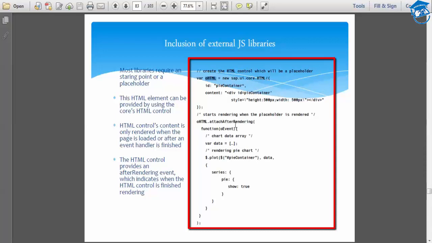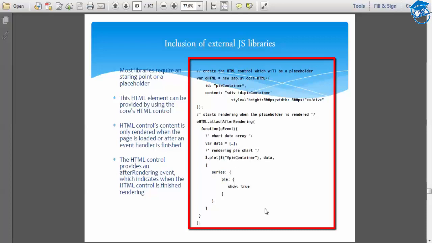So whatever we do, it is after rendering. There's a control that is existing. Let it display first, and then add your own custom thing. So we're going to do it on after rendering. Let the present existing control display, and then you add your own property, whatever. Here what it is trying to do is add an extra event, attaching on after rendering and adding some data called series, and that series is showing some data information.